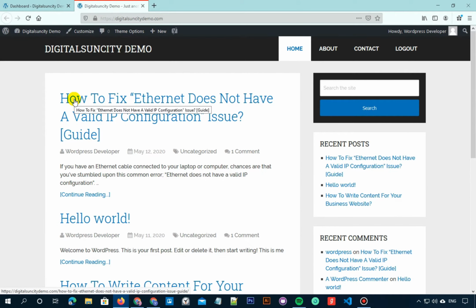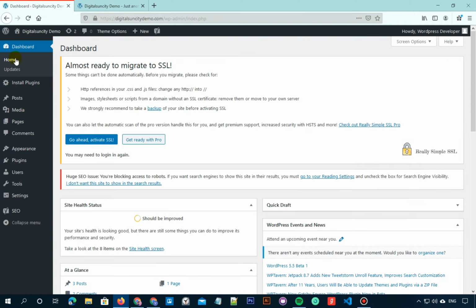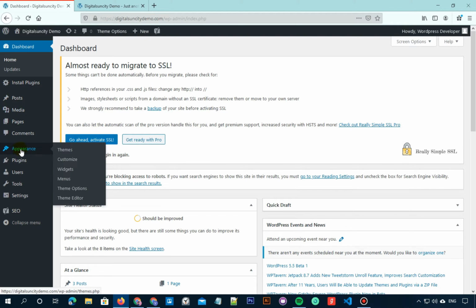Do you want to add some specific posts here in the navigation menu of your WordPress website? If yes, then you have come to the right video tutorial. In this video tutorial, you will learn how to add specific posts of your WordPress website to your WordPress navigation menu. Now, let's go to our WordPress dashboard, then click on Appearance